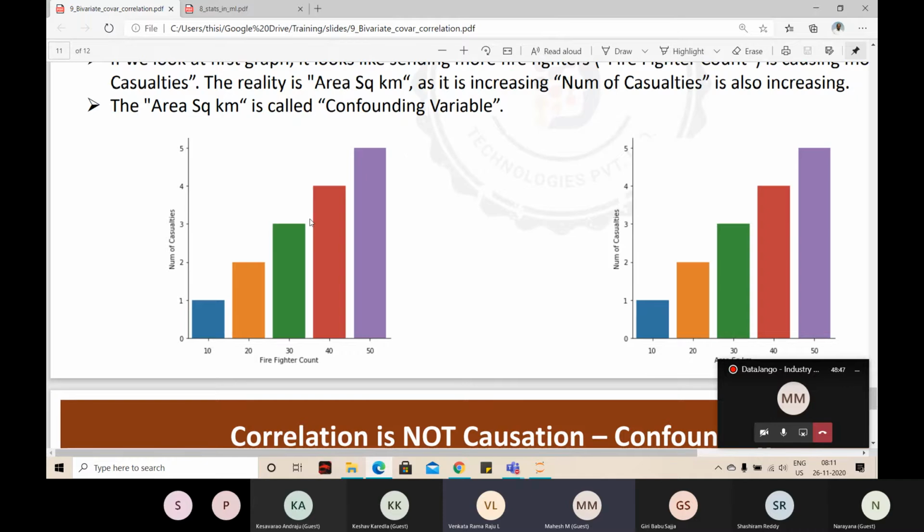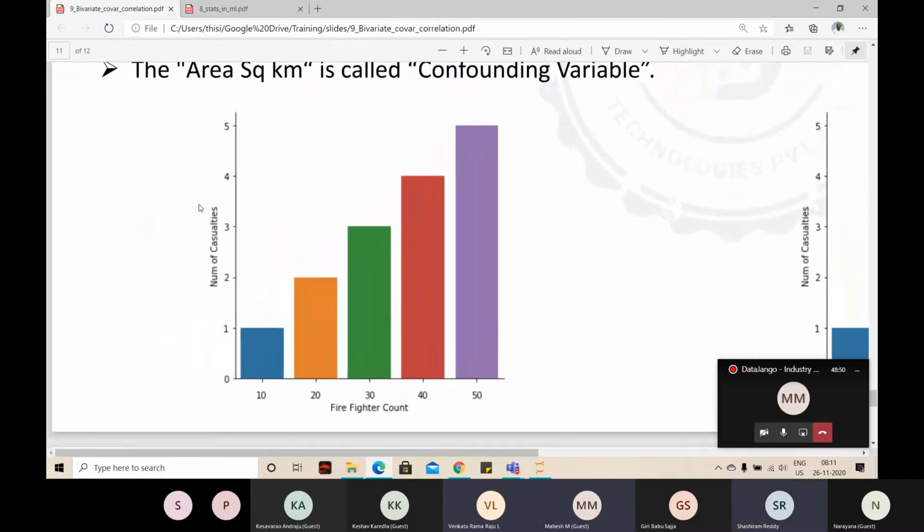So here, if you look at this graph, what can you get? By looking at the graph, what business can you explain, or can you explain that graph in English sentences? That needs this kind of understanding, or we need to look at graphs and understand while working on projects. Can anybody try? I'll correct anyway. They are linear, casualties and firefighting count. That means the number of firefighters is increasing and the casualties are also increasing.